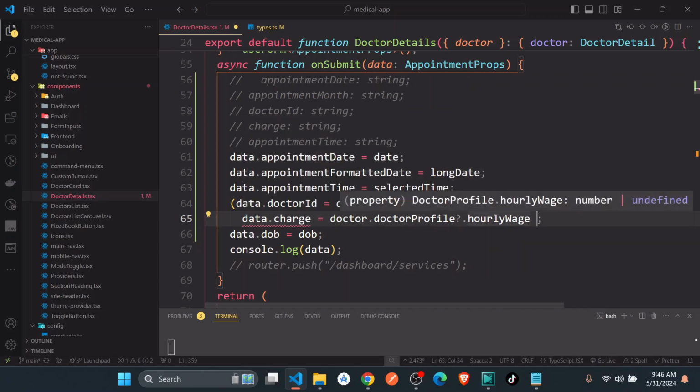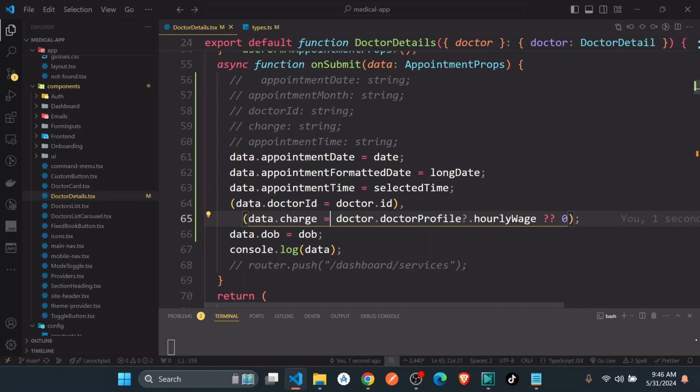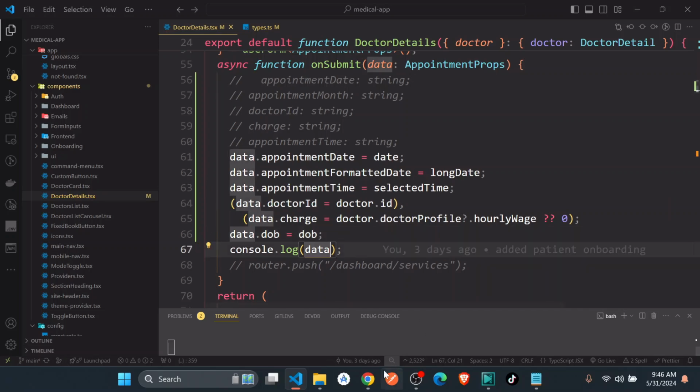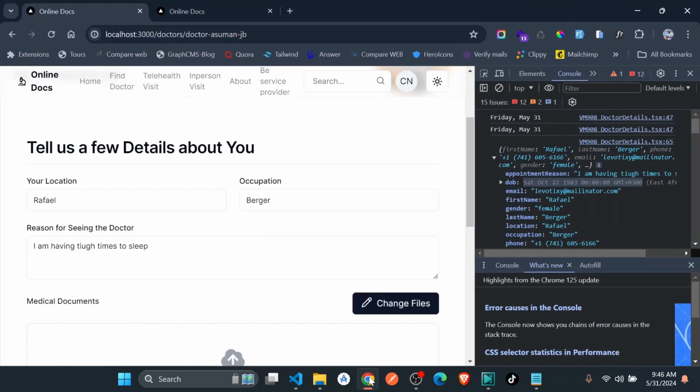Non-defined. Okay, let's just give it the default of 0. Okay, great. I think we have added all the necessary information to the appointment. You should just now go ahead,